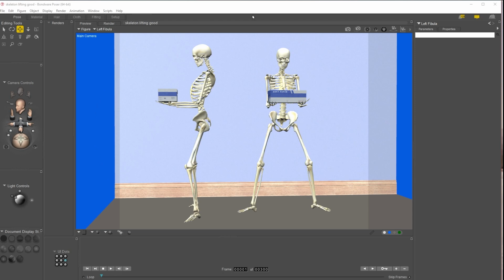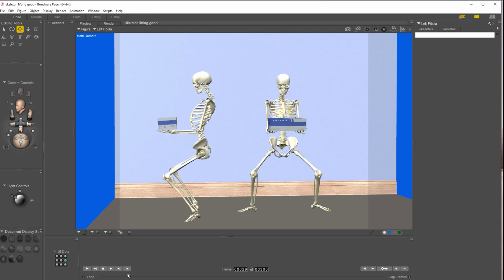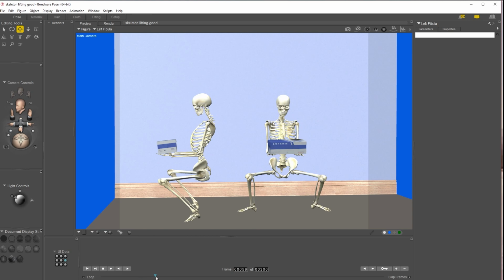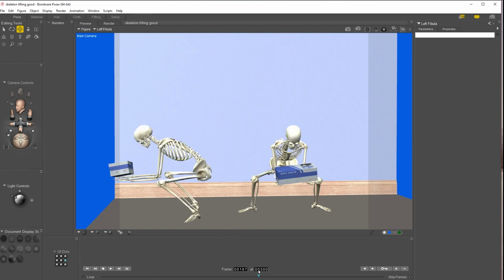Hi guys, today what I'm going to do is just give you a couple of very small beginner tips for animation. So what I have here is an animation of a squatting skeleton that I made. My father used to be the designated health and safety guy for a care home, and he wanted an animation that showed how to lift properly, basically bending your legs and not your back,